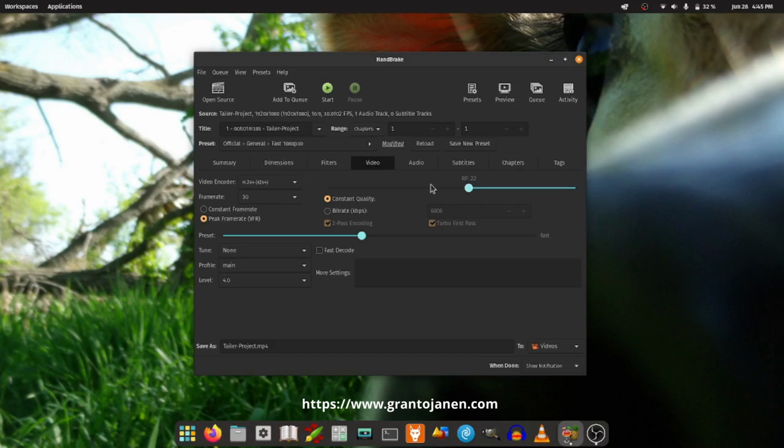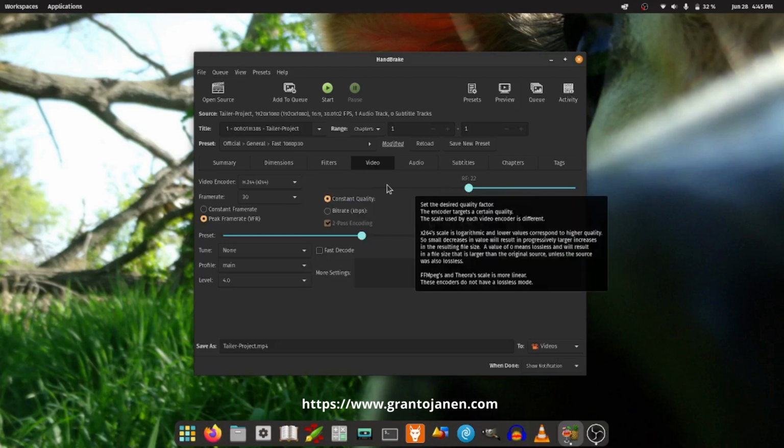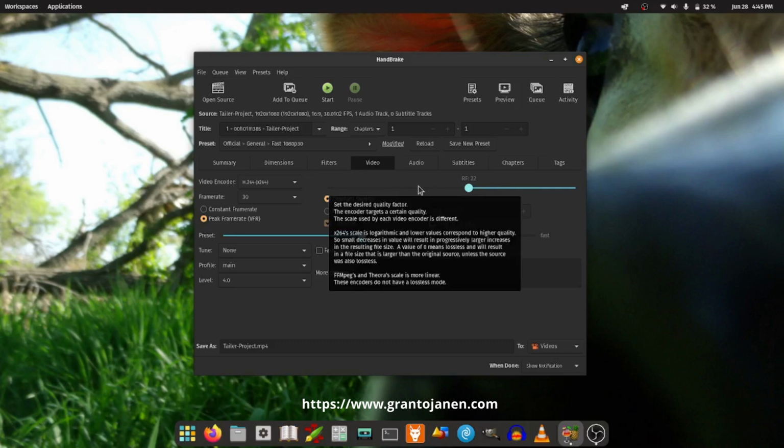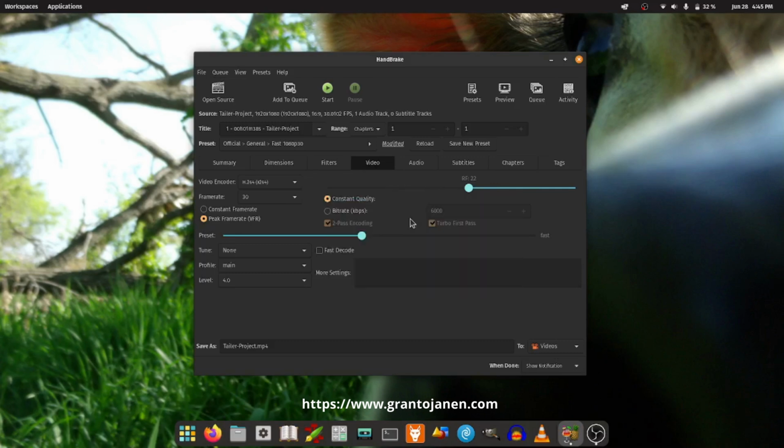So you can just play with that and maybe do a little sample clip, and see how it looks and how large the file ends up being, and then when you feel like you've figured out where you want it, generate the whole file and see how big it is and how good the video looks. So just play with the different settings.